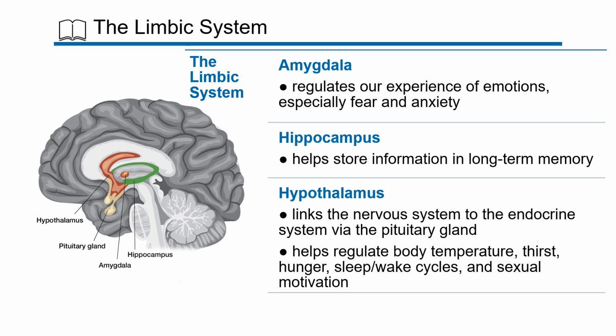Seven, the limbic system. Let's go ahead and talk about the amygdala, the hippocampus, and the hypothalamus. The limbic system is a group of important structures in your brain. They work together to control emotions, memories, and basic drives like your hunger and your thirst. The main parts are the amygdala, the hippocampus, and the hypothalamus, which we'll